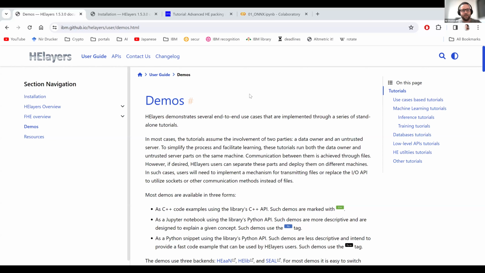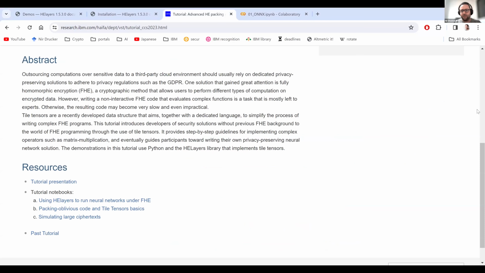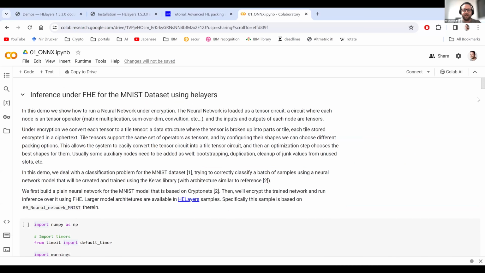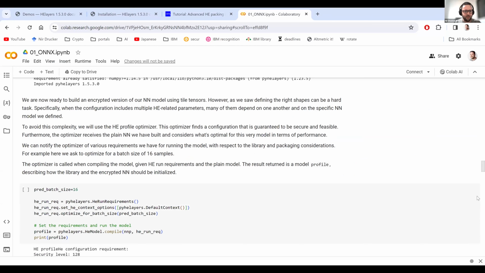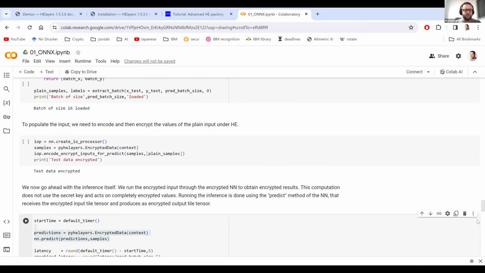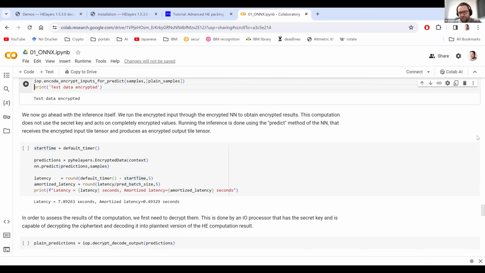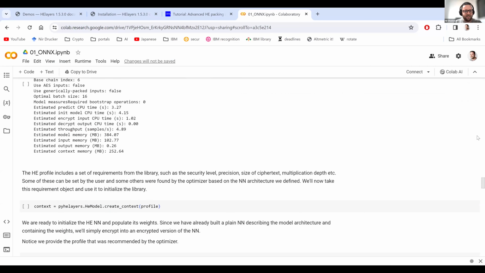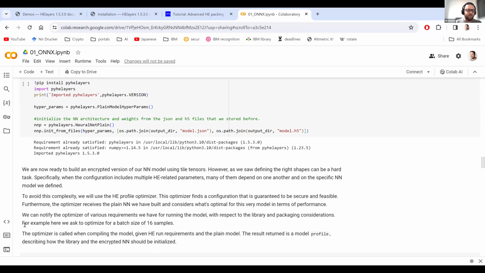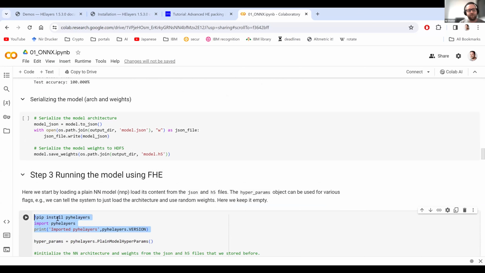Here in this example, you can see what you have to do to use HLS. In your Google Colaboratory notebook, you can install PyHLS, import PyHLS, and basically that's it.